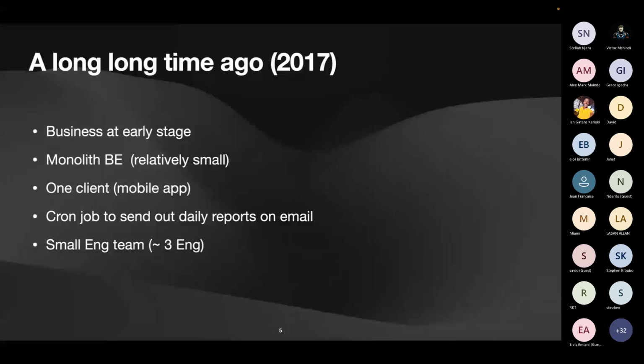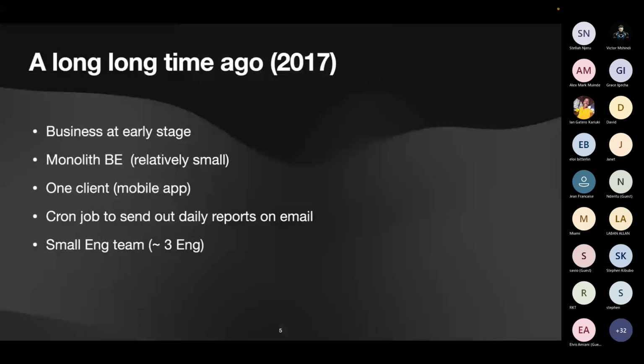So as you can see, it was relatively small, and we were just getting started. But even at this stage, in this small team, we had challenges.